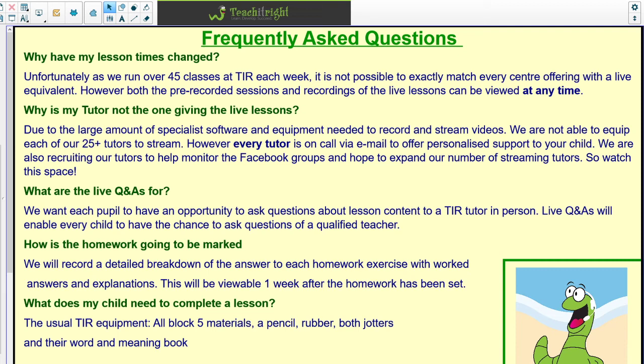Right, the homework. How is the homework going to be marked? Unfortunately, all our lovely markers are at home. We're not able to post and reply with things. It wouldn't be safe, nor would we be able to turn it around in time. So what we're going to offer instead is a really detailed breakdown of every homework exercise that we set,